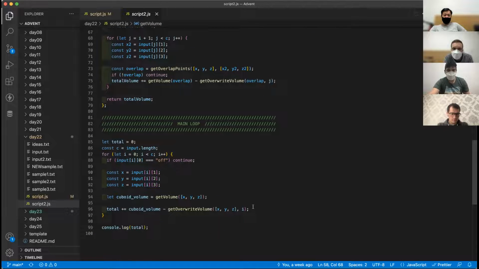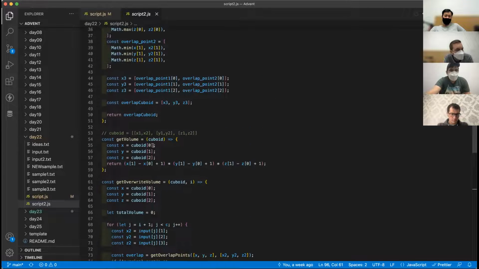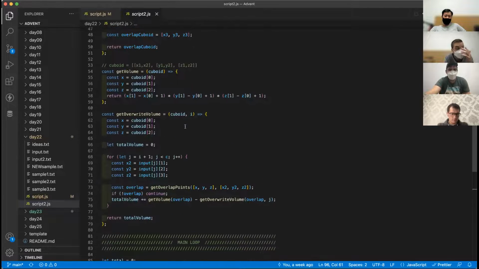All right, the next thing I've got to do here is add to my total volume. I'm going to add the cuboid volume that I just calculated for the current cuboid, minus the overwrite volume. So for this overwrite volume, I'm passing in again my X, Y's, and Z's, and I'm passing in the current index where I'm at. And so for my get overwrite volume,